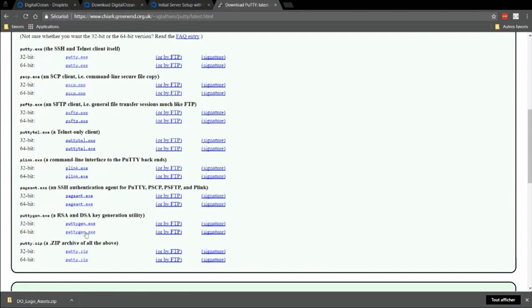So you have two files here. You have to select the one you want to use. Personally, I have a 64-bit architecture PC, so I just used this one to download it there from HTTP or there from FTP. So just download the files and use them as shown afterwards.